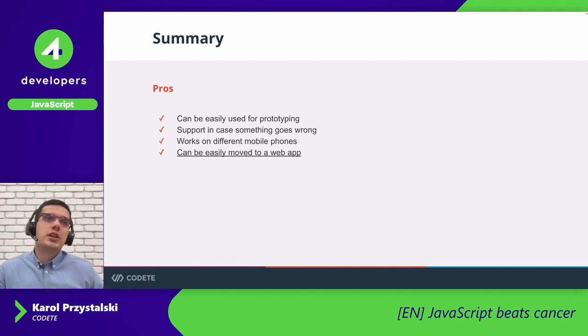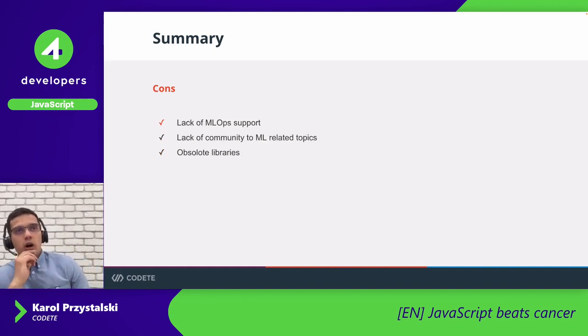There is a huge community. Everyone knows, based on GitHub repositories, JavaScript is the most popular language now. So we have a huge community. It works on different mobile phones, different kinds of web apps, because you can easily move it to a web application as well. On the other hand, even though the community is big for JavaScript,